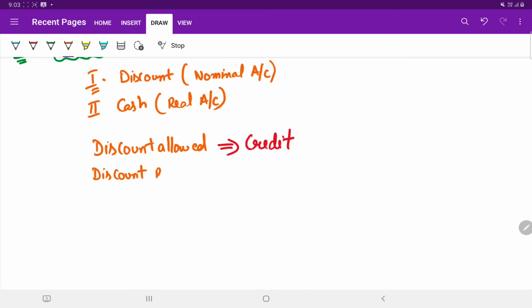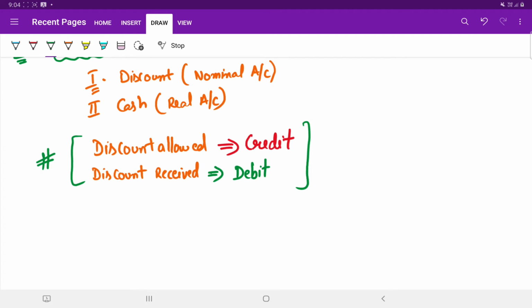Students, remember these things. These are the elementary basics of the cash book entry. All the discount received will be entered on the debit side, so don't forget this. The total of the discount columns on each side is done without balancing. The total of the discount column on the debit side is debited to the discount account, and the total of the discount column on the credit side is credited to the discount account. It is a simple one. The cash columns are recorded in the same way as the simple cash book, and the balance of the columns is ascertained in the manner of balancing the simple cash book.